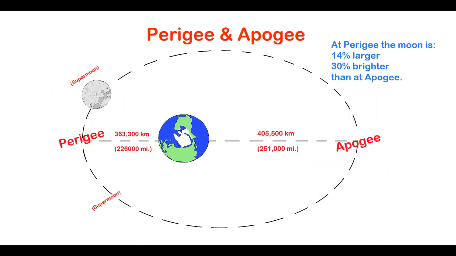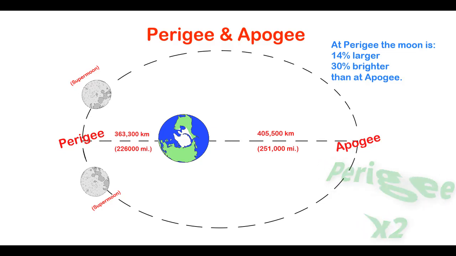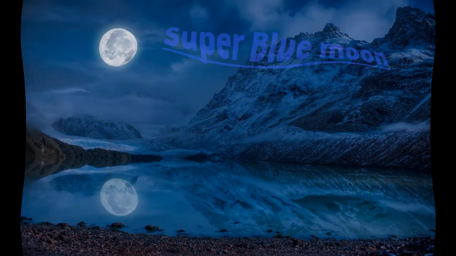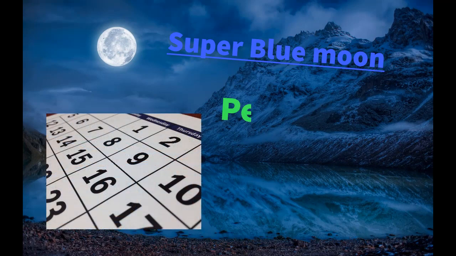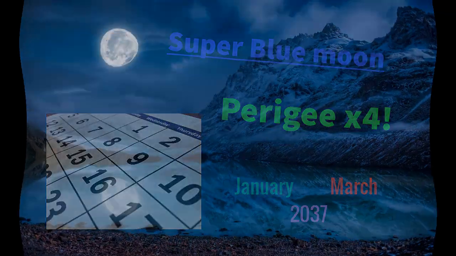So now that we've paved the road with supermoon, let's talk about super blue moon. Obviously it's just the combination of blue moon and supermoon. So it's just a supermoon that happens 2 times in a row in 1 month. Our last one was August 30th. There was a supermoon on August 1st and then August 30th. And then the next super blue moons will occur in a pair, actually, in January and March in 2037. So a while from now. It'll pair up like that just because there's February in the middle.